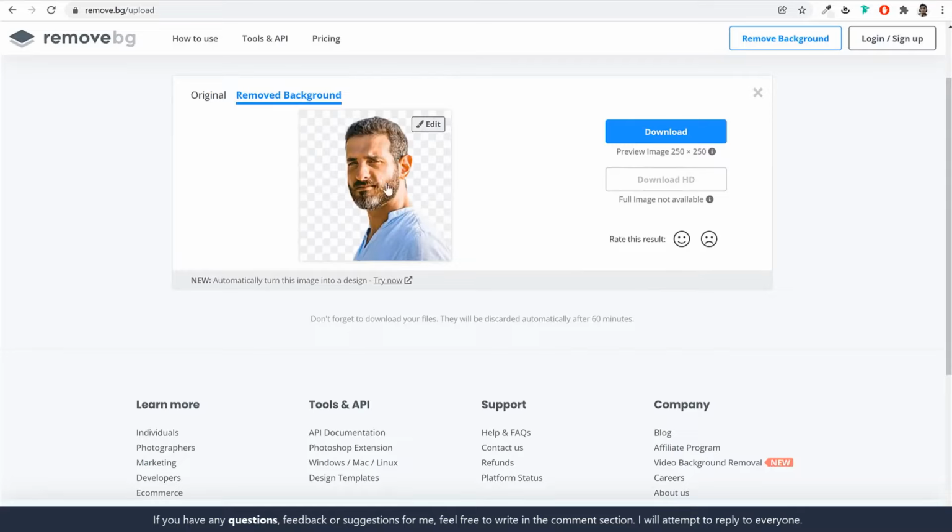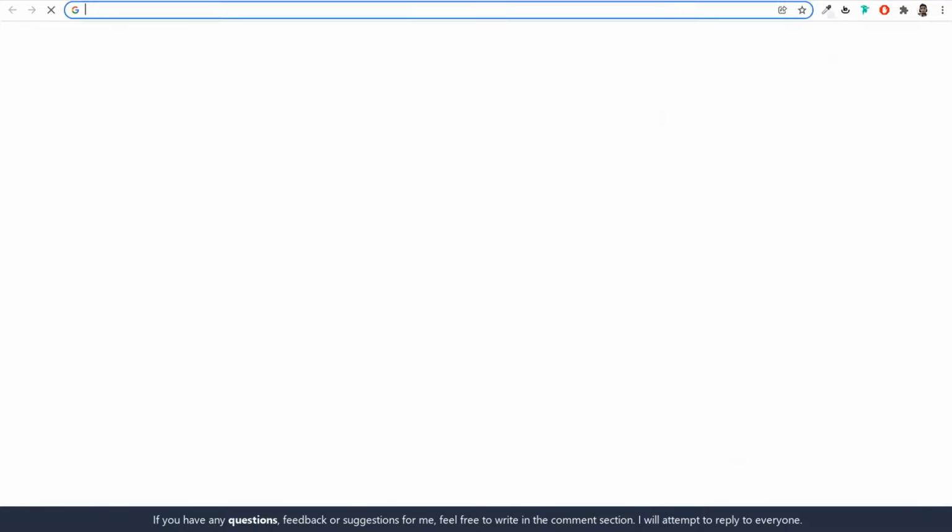So here, as you can see, this is completed. Now you can download this. Now the problem with this website is that they will only give you a small file. If you upload a large file, they will give you a very small version of that file. So this is the problem over here. So if you want to use a small file, you can use this website, or if you want, you can do one thing. You can go to this website,